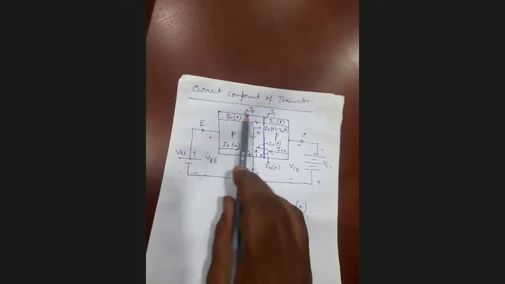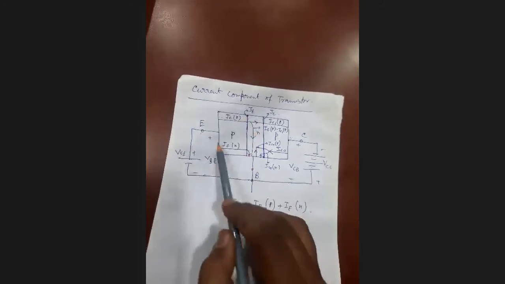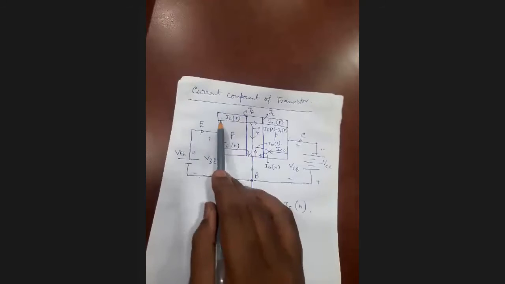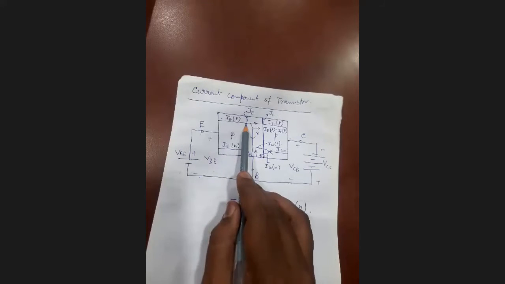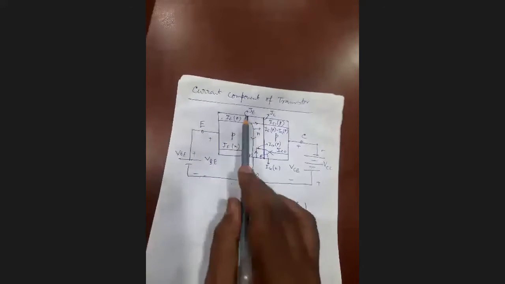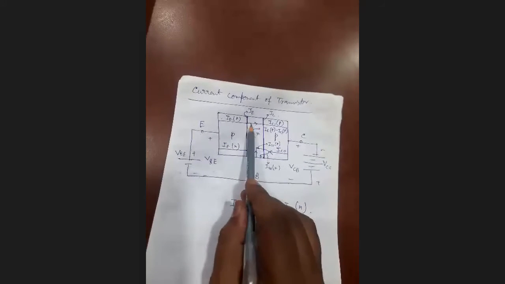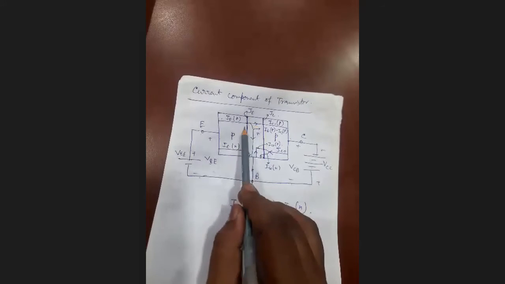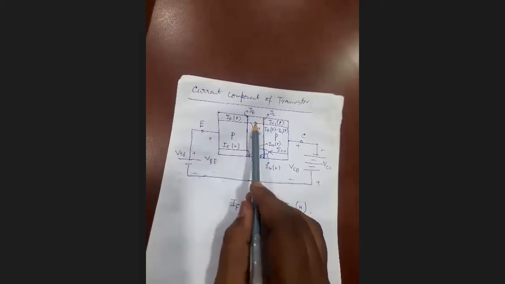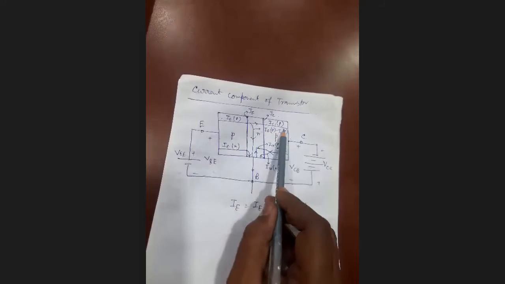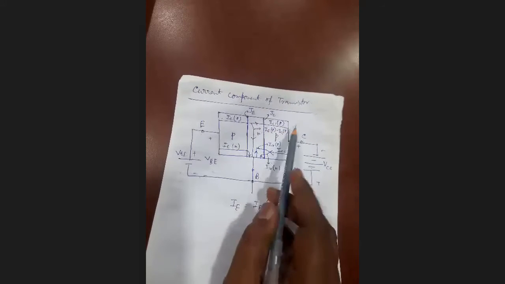So if we consider this a small diode, with forward bias, IEP is delivered and the carriers diffuse across the emitter junction JE and reach the base region. But because this region is very narrow, most of the carriers do not recombine here; they reach the collector side, being majority carriers.